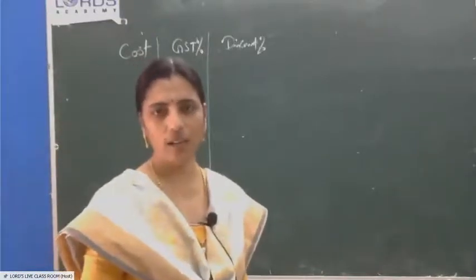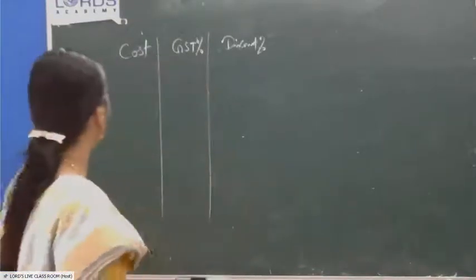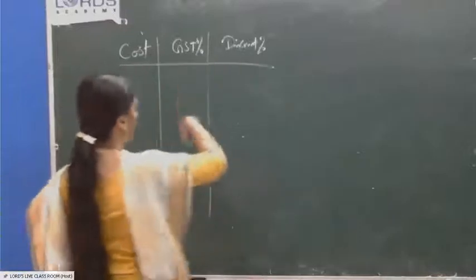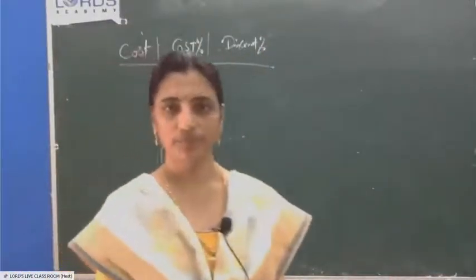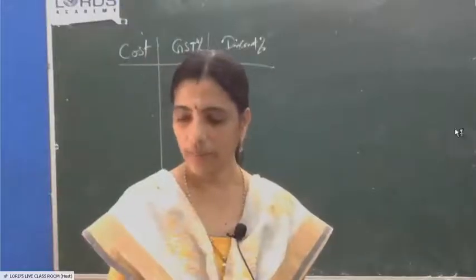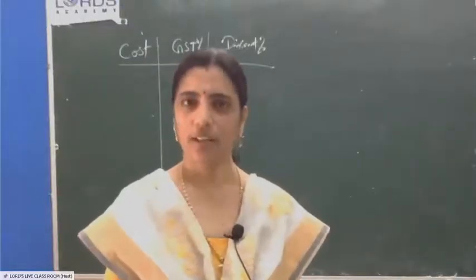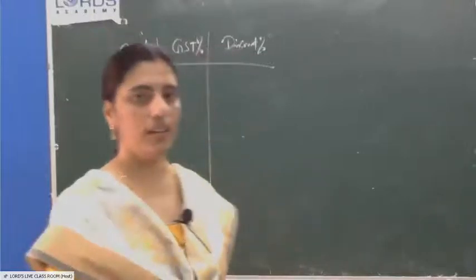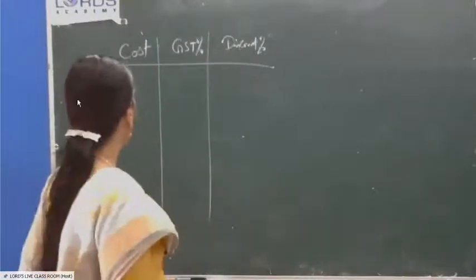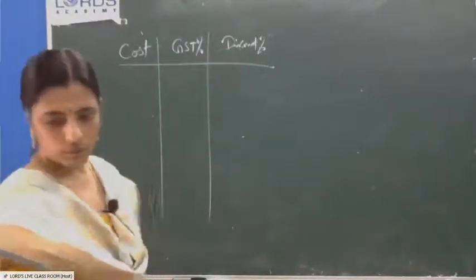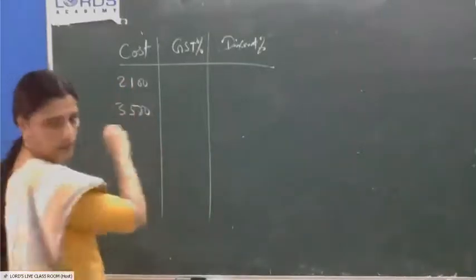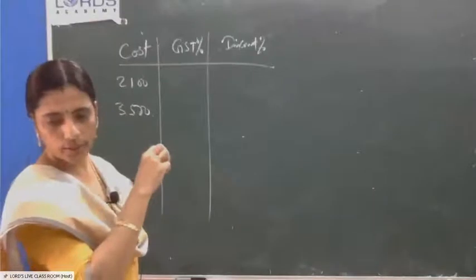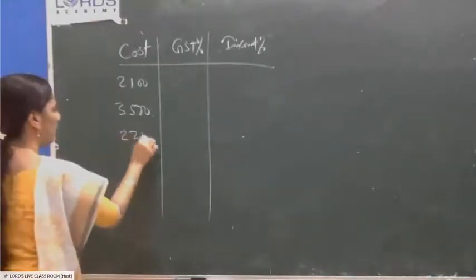So why can't we avoid that column? Simply they can write in one sentence, GST is 12%. That mid column, actually we can avoid, since it is 12 only. Okay, cost 2,100, 3,500 and 2,200, 2,850